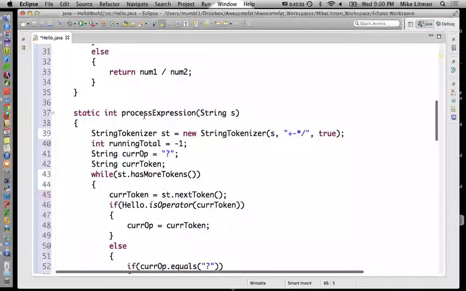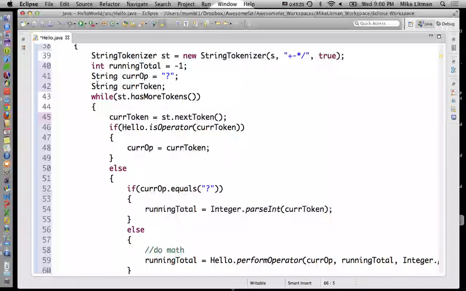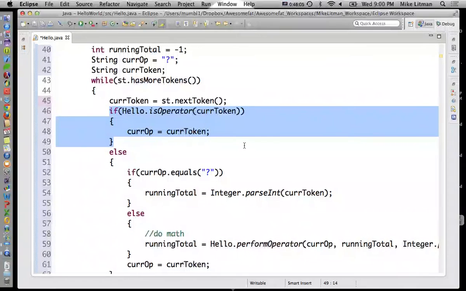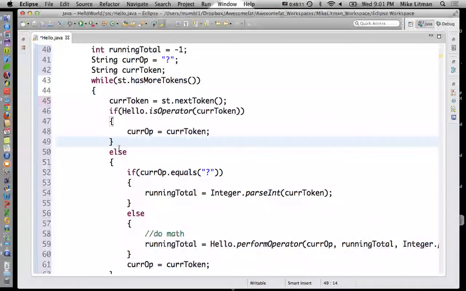About the current, after the second else, not the first. This guy? Yeah, current op equals cur token. Yes, this line. This statement, yeah. That's for the next, we have the first line number, digits, and the operation, and the second. So it says if I'm looking at an operator, if my current token is an operator, set current op equal to that, right? Otherwise,